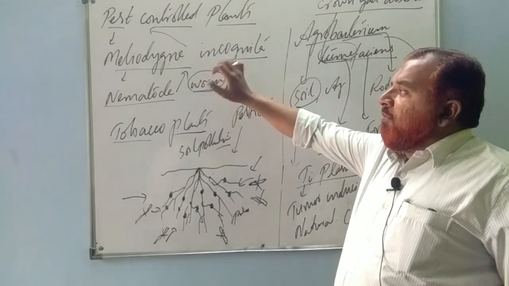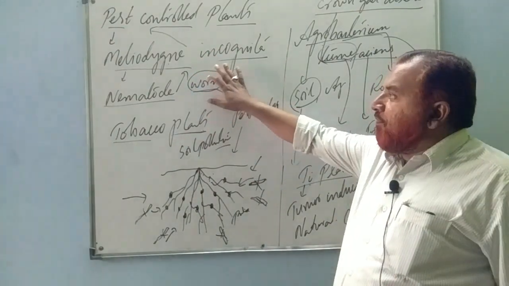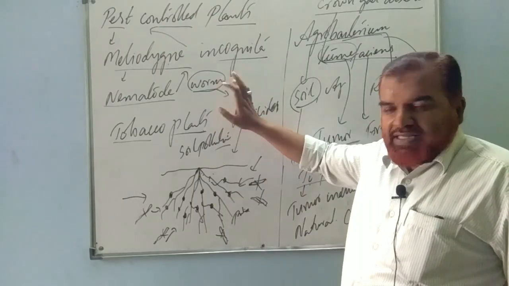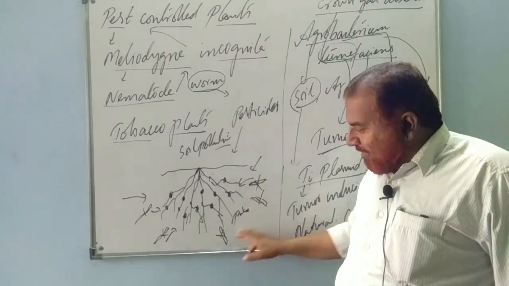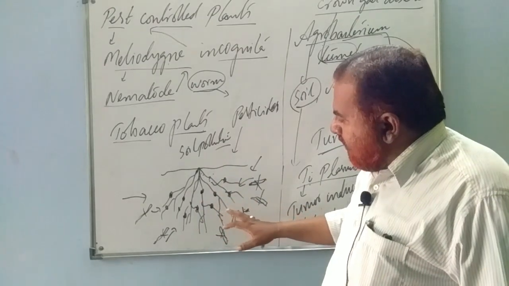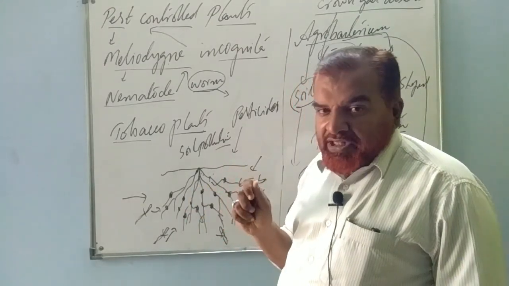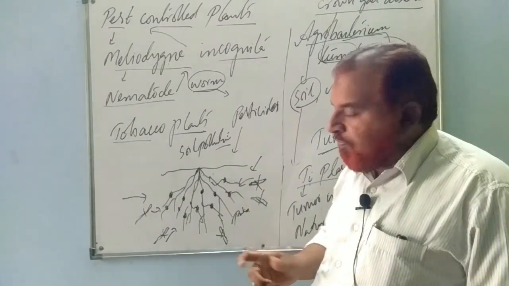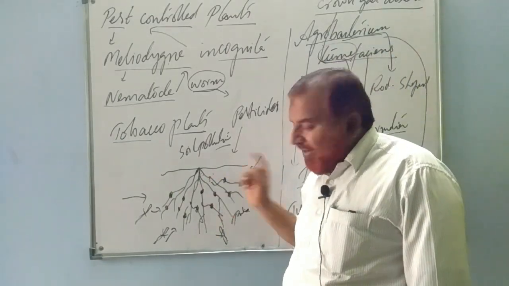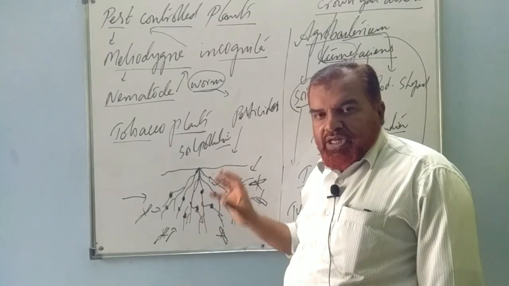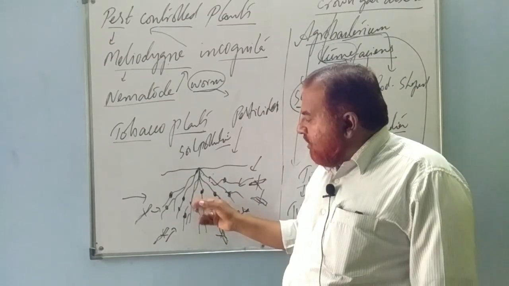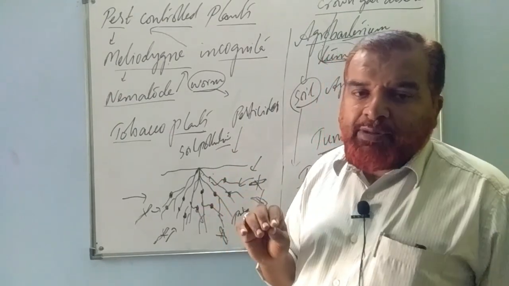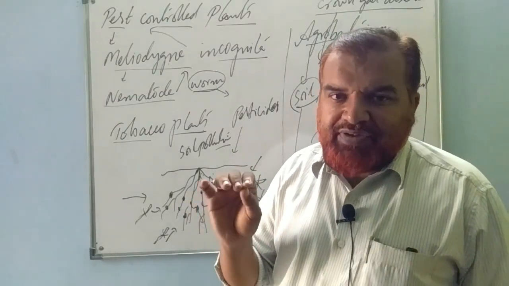Pest control management. Meloidogyne incognita is a nematode, a worm belonging to class Nematoda. This worm is found present in the soil. Because of the secretion of a protein from the roots of the tobacco plant, this worm gets attracted towards the roots. After attraction, it infects the roots and damages them. Thereby the plant gets disease, and it affects the yield.